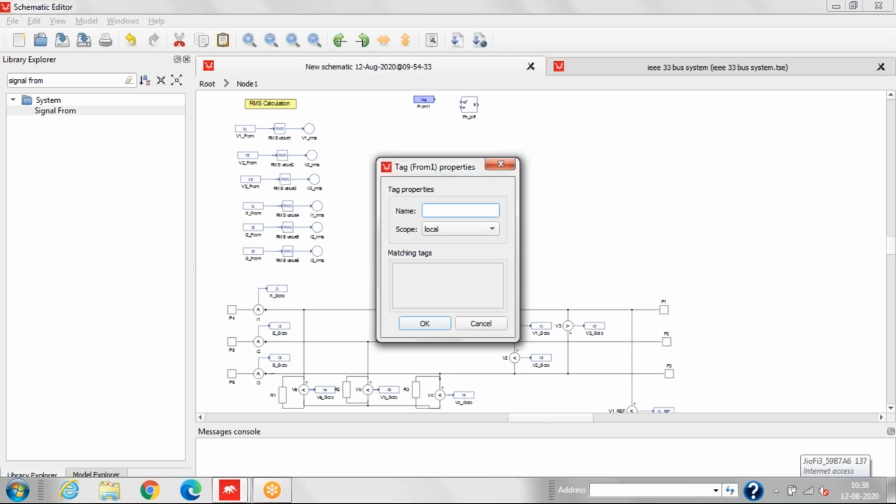So we want to measure the phase, so here the signal will be V1 reference, because we want to measure the phase. So we'll compare the signal from the reference signal. So we'll write the tag name V1 reference.